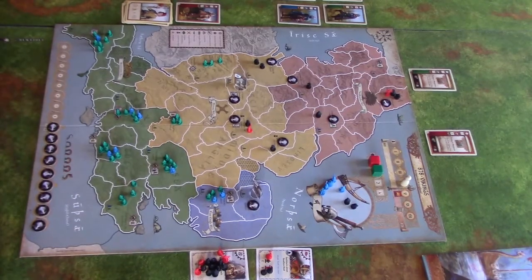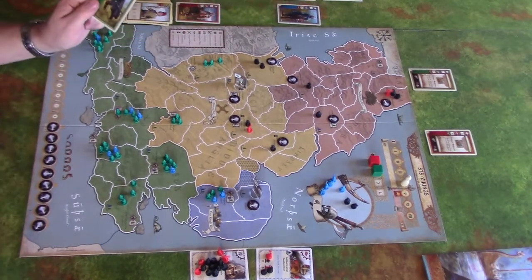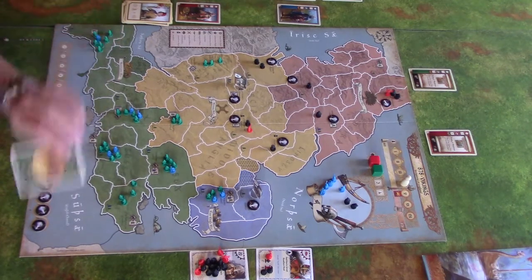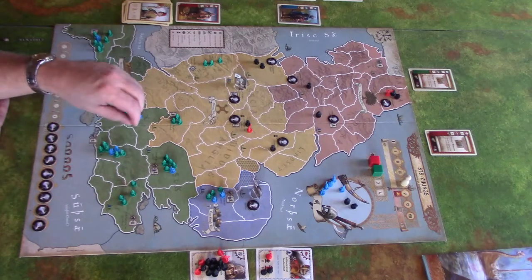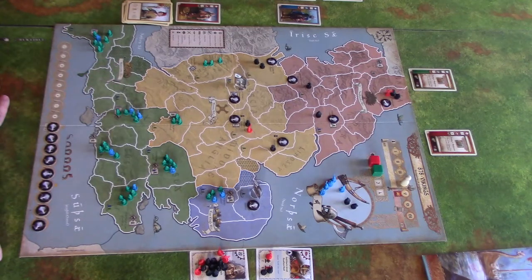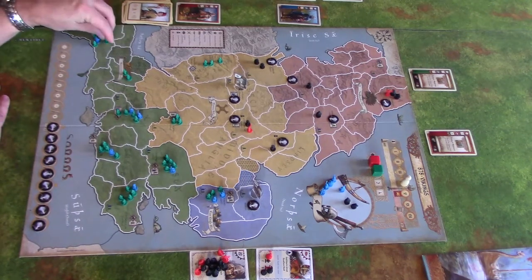We've got a counterattack though. But our cards are horrible. Our card is 4 armies move 1 space. Literally, we can't do anything. So, 4 armies move 1 space. So we'll move these 2 to here for 1. We'll move 2, 3